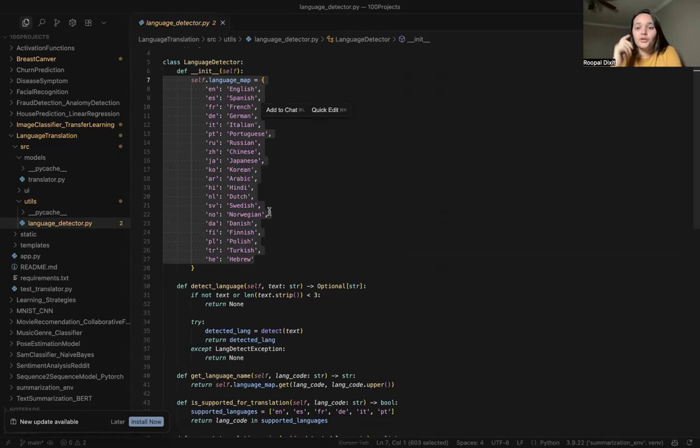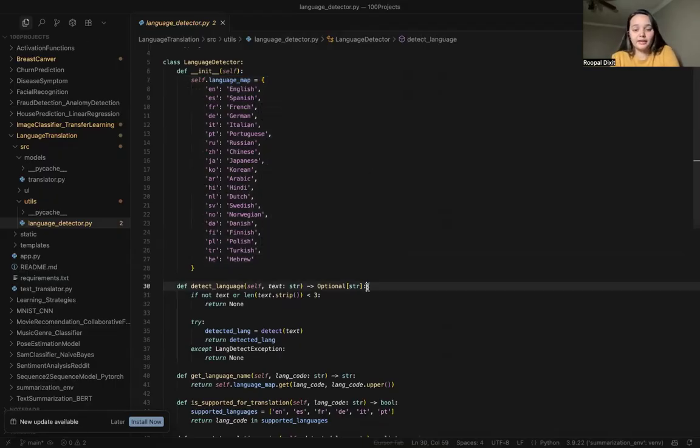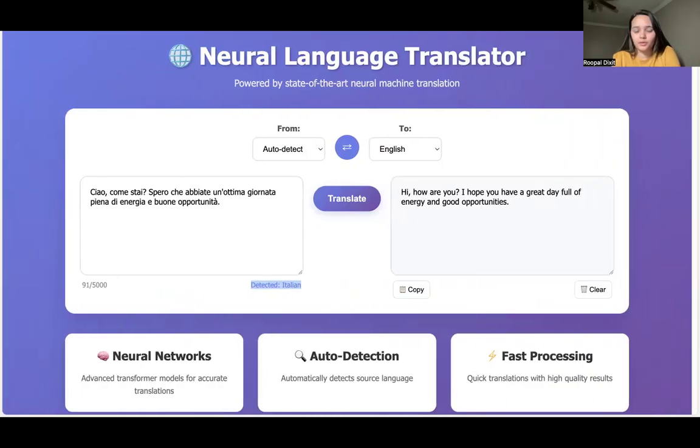From detection of the language to translation of the language, this is a lot of theory and a lot of text, and it looks like, okay, what is happening. So let me also give you an example using the app that we have created. Let me share the screen. Let me close this. Okay.